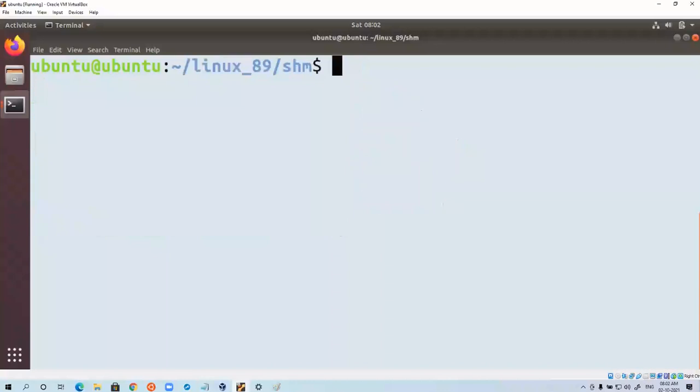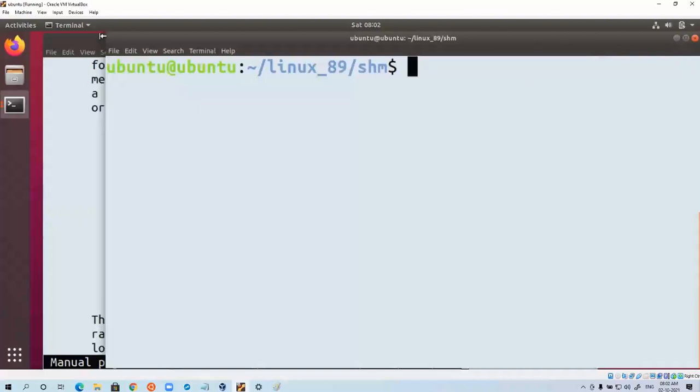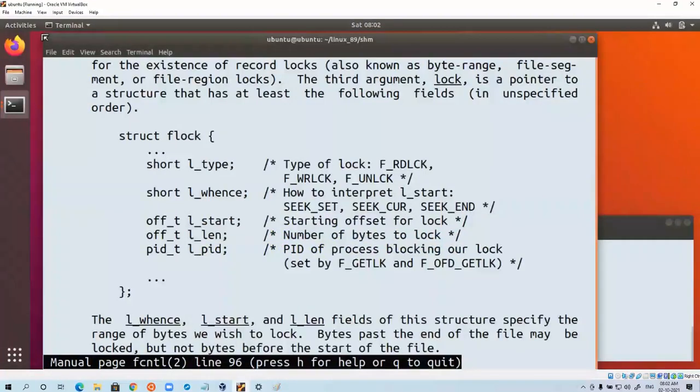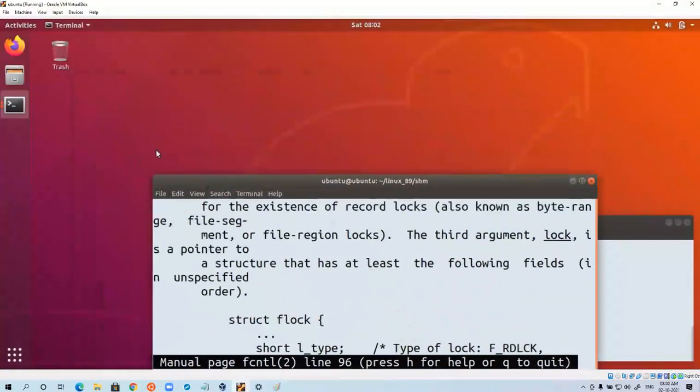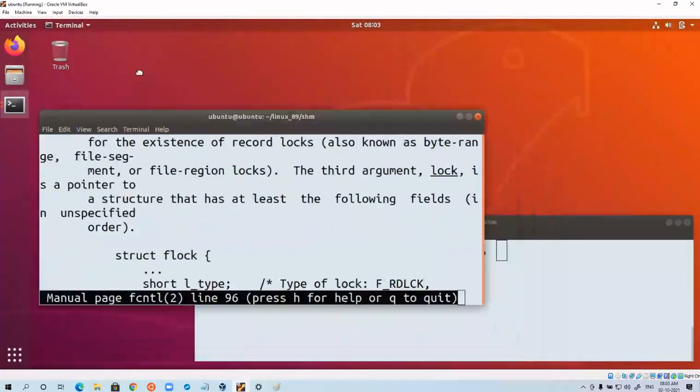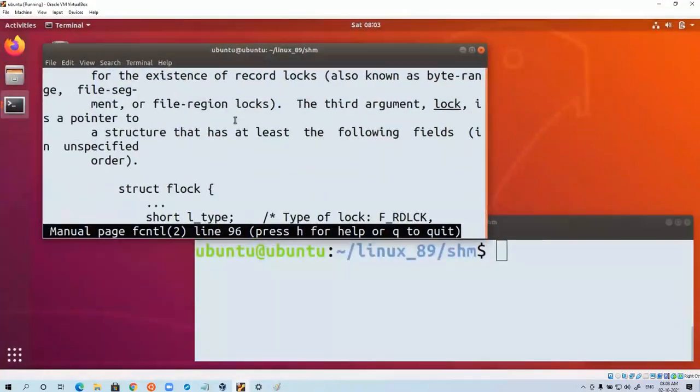Now observe. Will you agree? Two programs are ready now. One is the W1 program, one is the W2 program. The W1 program is going to write